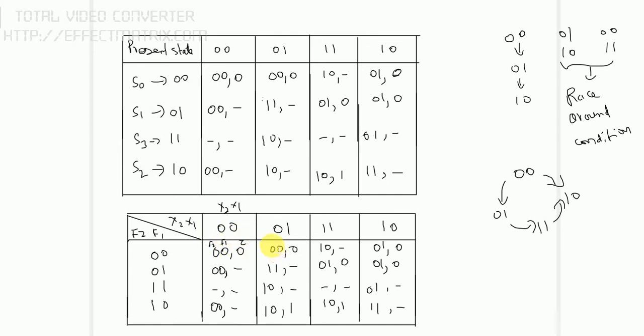Similarly for here f2 f1, here f2 f1, this is also f2 f1. For every element, the first element is f2, second element is f1 and output will be z. So treating this dash only as don't care, you put it as x. So for every value of f2 f1 z, I'm going to draw the Karnaugh map. So that step will be the next step for us to find the f2 f1 and z values.